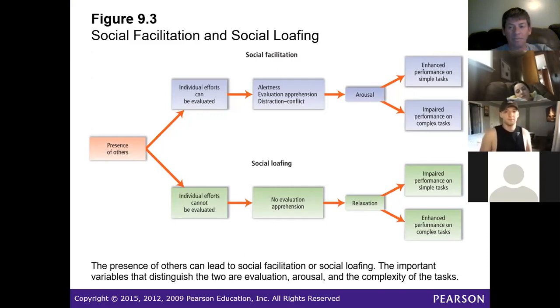Any questions about that? This is going to get confusing. I think if you know one, you'll understand the other. Just memorize one and then know the other one's just the opposite. Every part of it is the opposite.